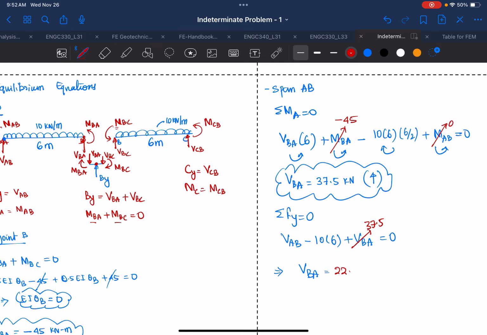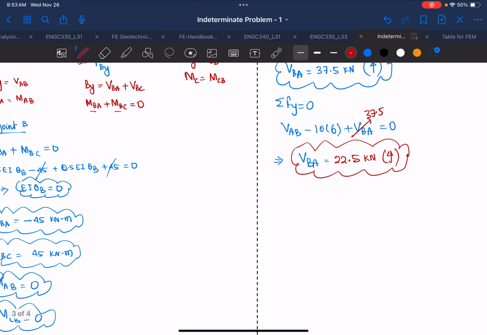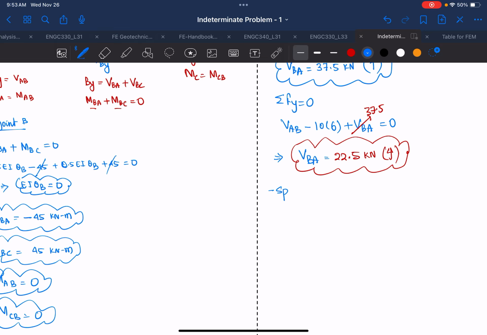So VAB will be 22.5 kilonewton, and this will be again positive, which means that it agrees with your assumed direction. And once you have that, now we'll go for span BC,